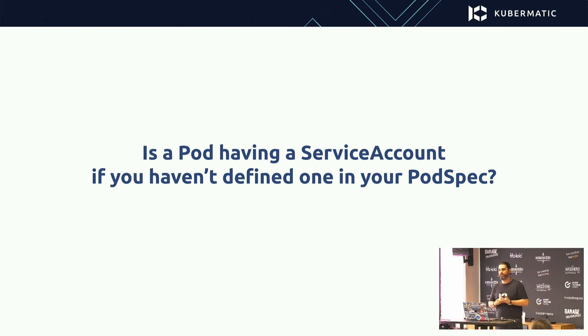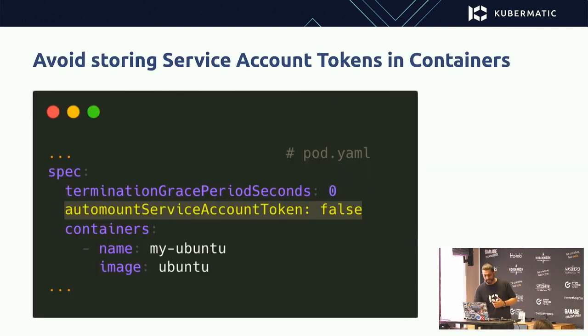There is a default service account per each namespace, and the token of it is mounted by default to all pods. This is needed if your pod will be talking to kube API server to get some info. That's why we use service accounts. And if your pod will not use it at all, then you don't need to mount it. So automountServiceAccountToken should be false to make sure that you will not have this default service account token mounted to your pods.